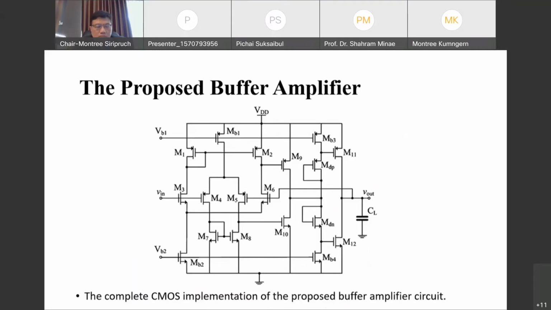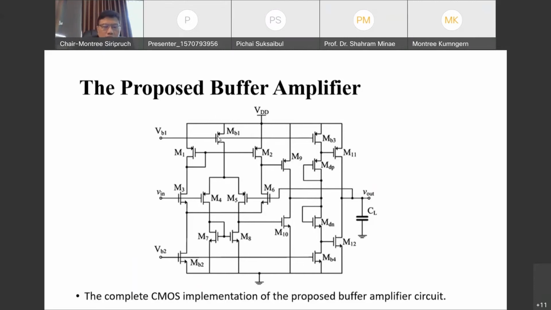Now, I want to show you the total CMOS implementation of the proposed buffer amplifier. Transistors M1 to M8 formed the constant gm input stage. As you can see, if the input signal, here you can see Vin, here Vin, if the input signal is low, if it has low values, then M4 and M5 will turn on, here M4 and M5. And then